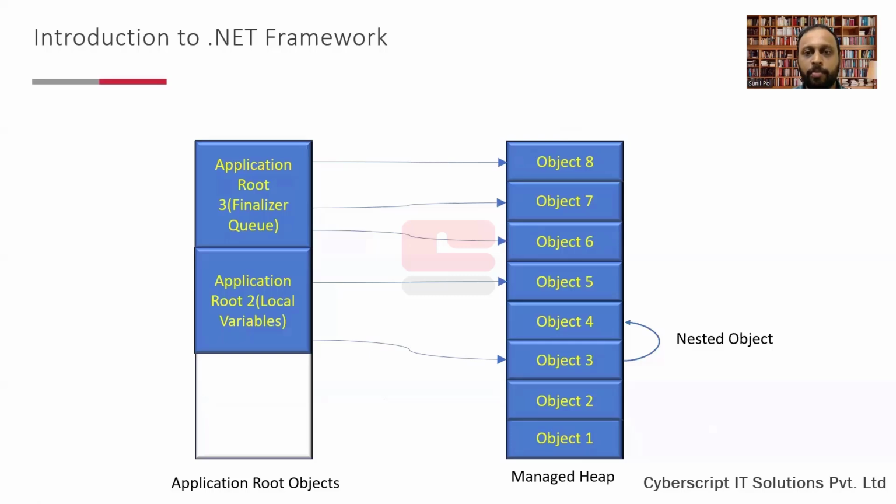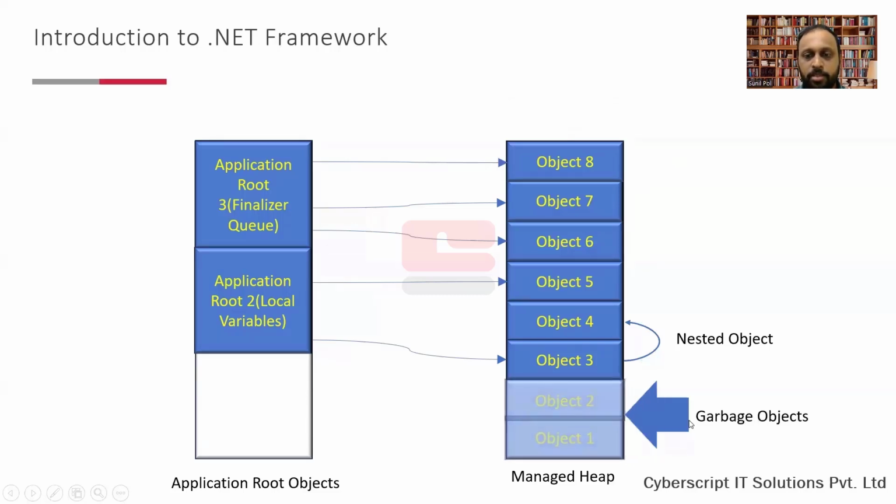And the third one is the compacting phase. So now the garbage collector will check each and every object, whether it is a live object and is used by any application root or not, and make a list of it. So the first step is the marking phase. The garbage collector will check whether the object is referred by any application root. Yes, so it is a live object. Similarly, it will check all the objects in the managed heap. So here object 2 and object 1 are not referred by any application root. That's why they are considered dead objects.